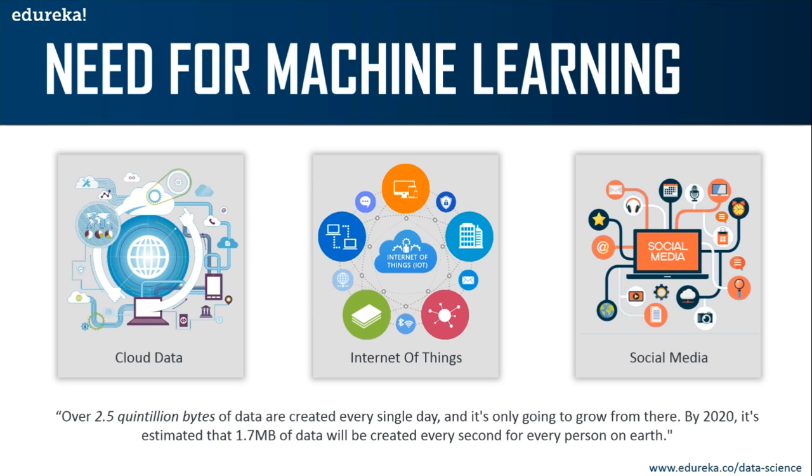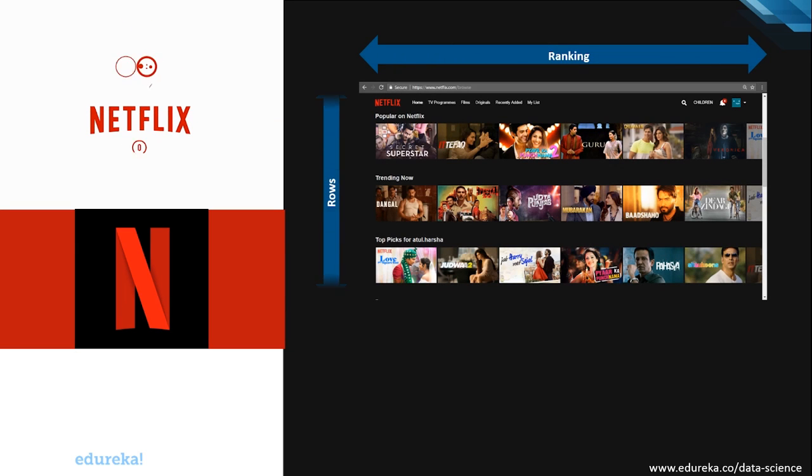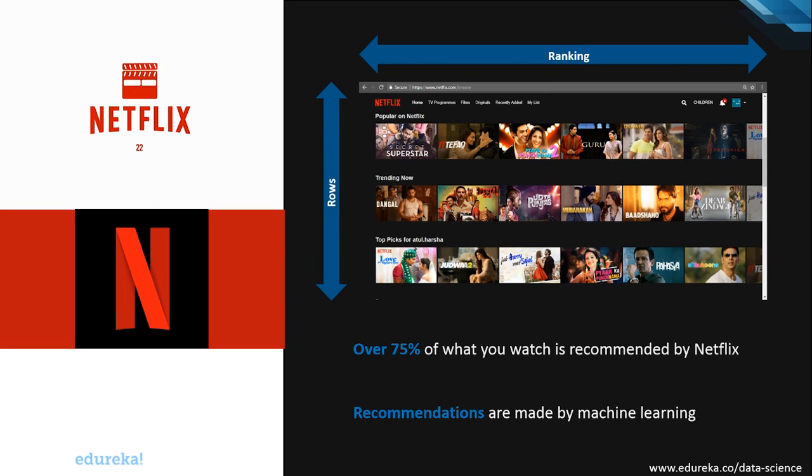So now I'll show you a couple of examples wherein machine learning is used. I'm sure all of you have binge watched on Netflix. Now, the most important thing about Netflix is its recommendation engine. Most of Netflix's revenue comes from its recommendation engine. The recommendation engine basically studies the movie viewing patterns of its users and then recommends relevant movies to them. It recommends movies depending on users' interests, depending on the type of movies the user watches and all of that. So that is how Netflix uses machine learning.